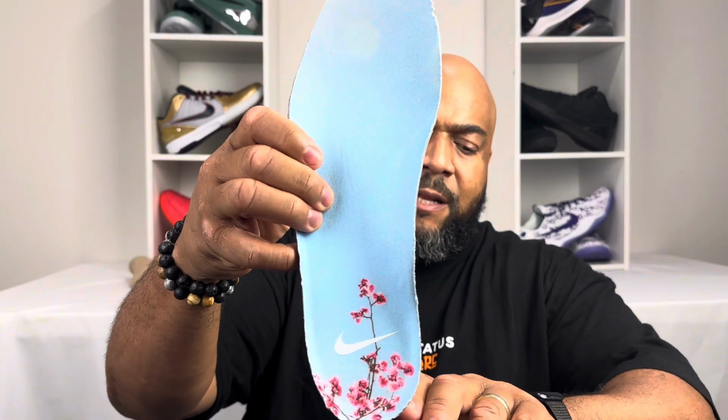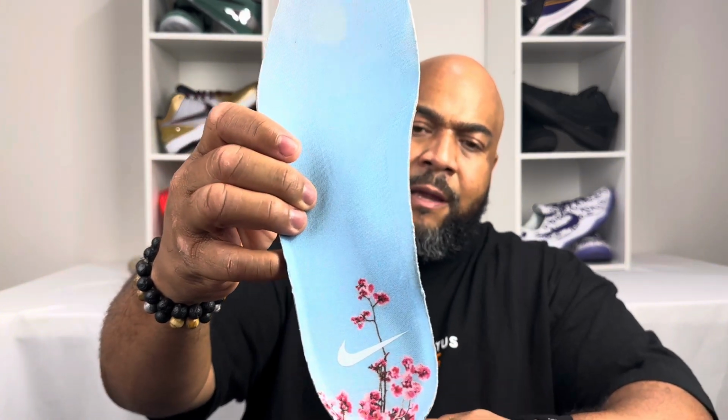On the insole, you actually get the cherry blossom pictures on that insole itself, which is dope. Now, I wish in some form or fashion that they were able to put the cherry blossoms on the outside. That would have been pretty freaking fresh, even like a very low pattern around the shoe or something, just to give it a different look, because just walking by somebody on the street, you may not pick up that